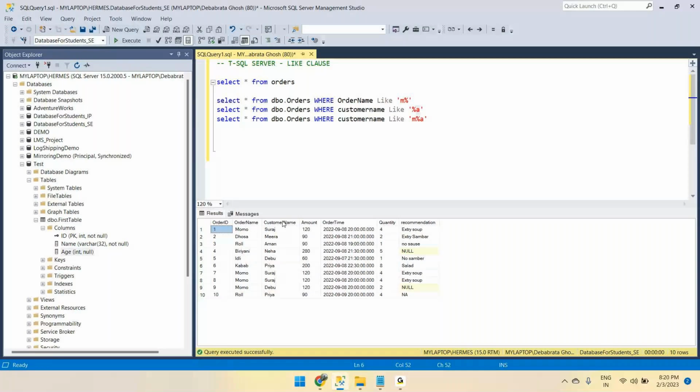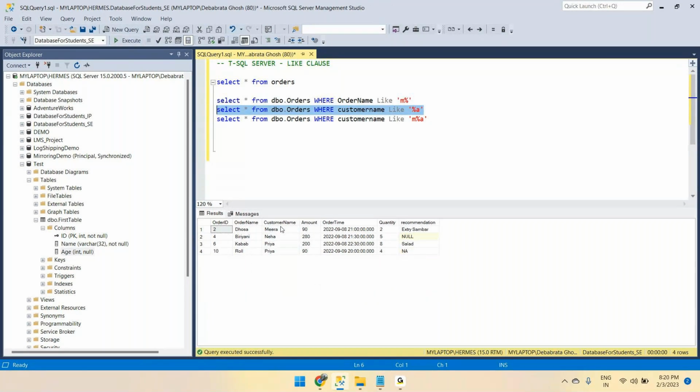So the last character of customer name would be A. That is what we care about. And what is there at the first, second, third, up to the second last, we don't care. That is why we have put A at the end and we have put a wildcard before A. So if I run this,